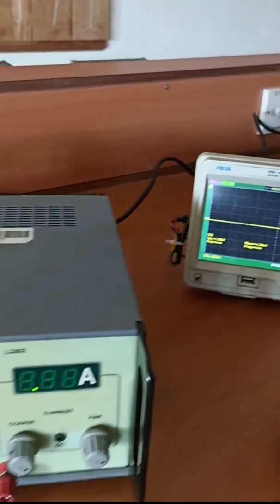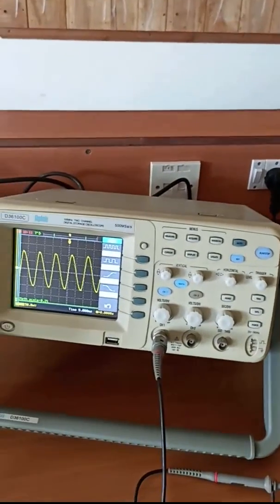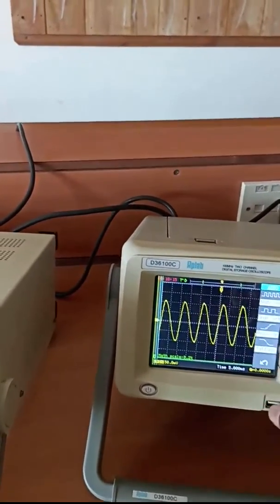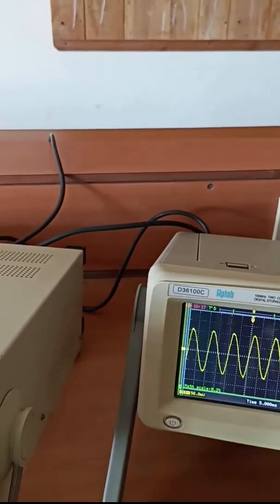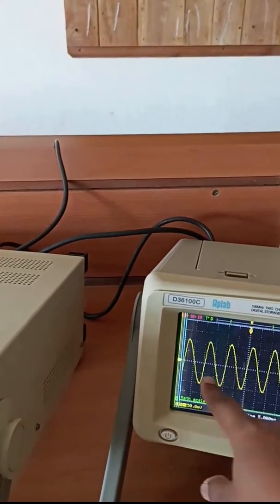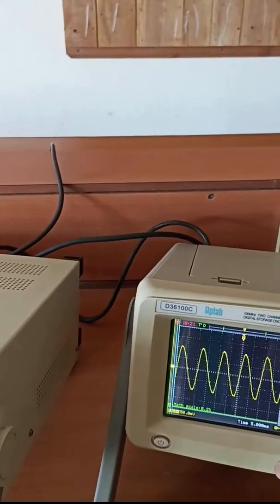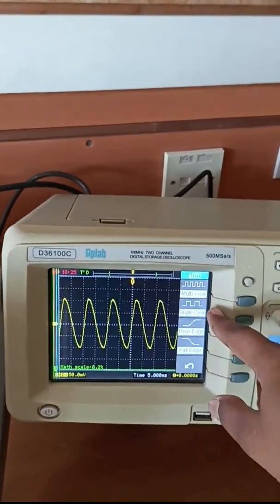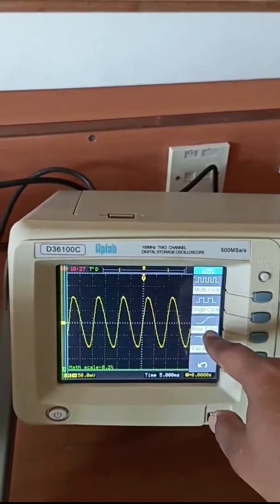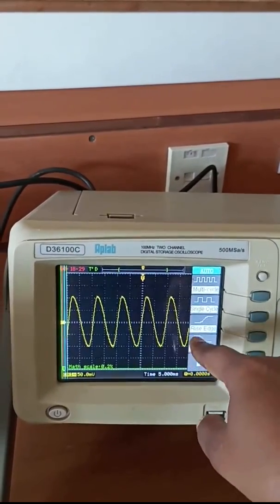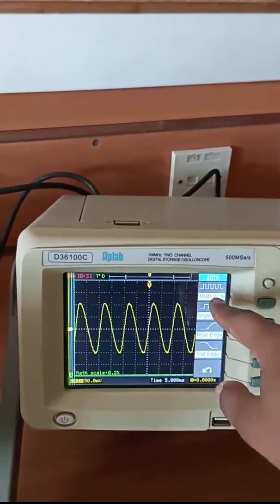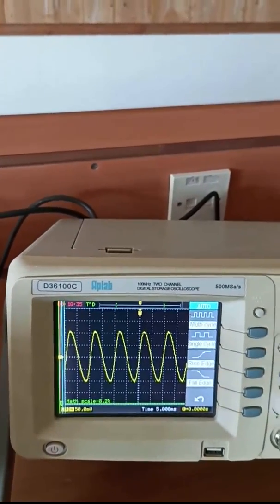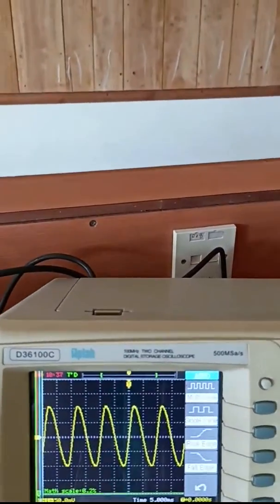We can measure the voltage and frequencies on this oscilloscope, and we will get waveforms like sinusoidal waveforms, or in the shape of square waveforms, rising edge or falling edge. Also we will get multi-cycle square waveforms.